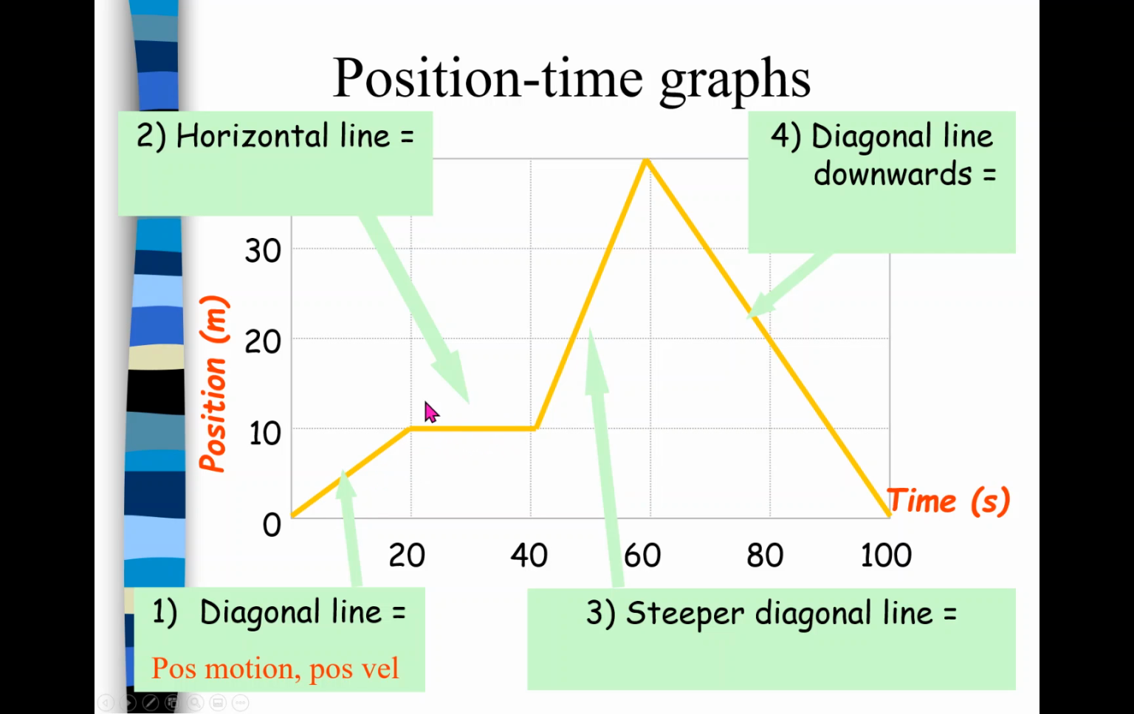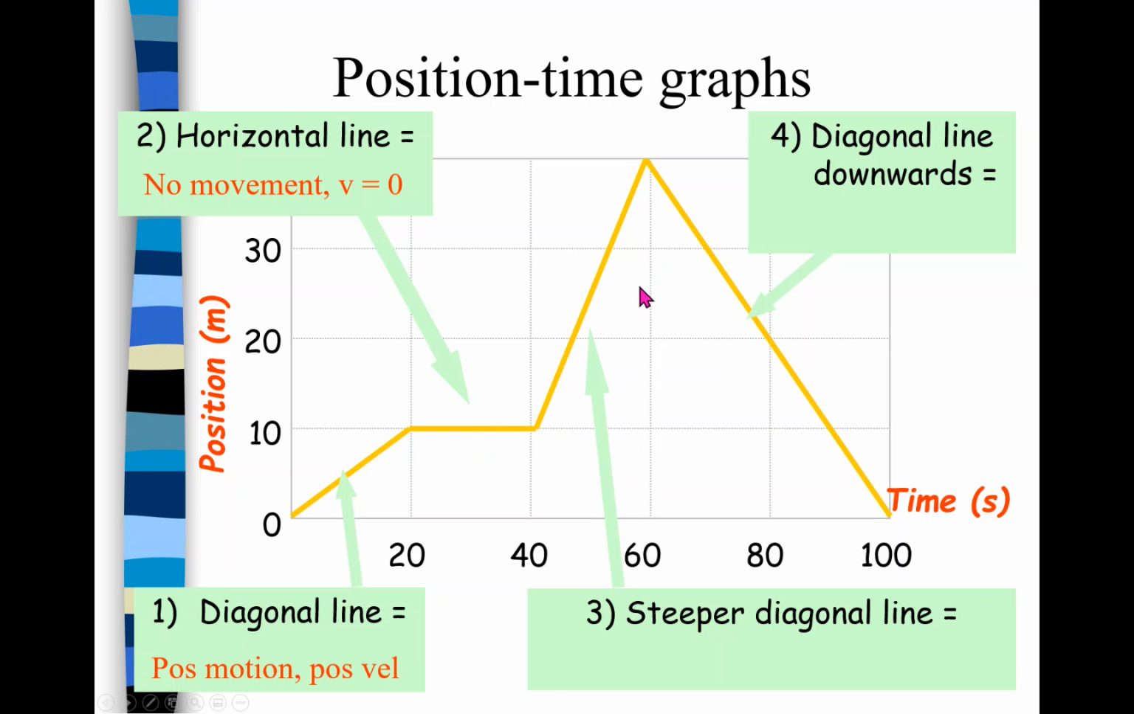So what can you tell me about this line here? Well, I don't seem to be moving. My position is still at 10 meters the whole way across. And my slope here is what? It's flat, so my slope is going to be 0. That means my velocity is 0. So, okay, sure. Line 3